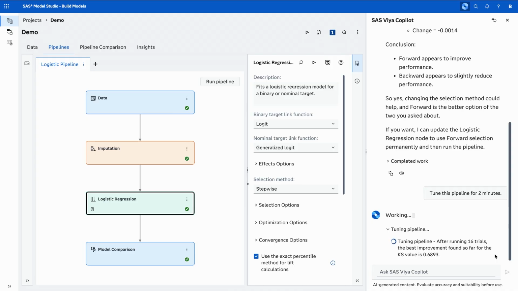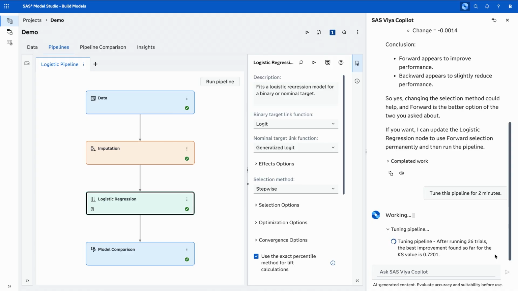I'll also point out that in the prompt, I told it to just run for 2 minutes. That's just what I wanted to do because this is a demo. We didn't want this running for 30 minutes. So I just asked it to run for 2 minutes. So it's gonna run any number of trials it can during that amount of time, and then once it's done, it'll report back the best one that it found. So if I wanted to do this on a larger pipeline or for a much larger time, I could ask Copilot to do that. And it would just churn through all those different trials, trying all the different combinations.